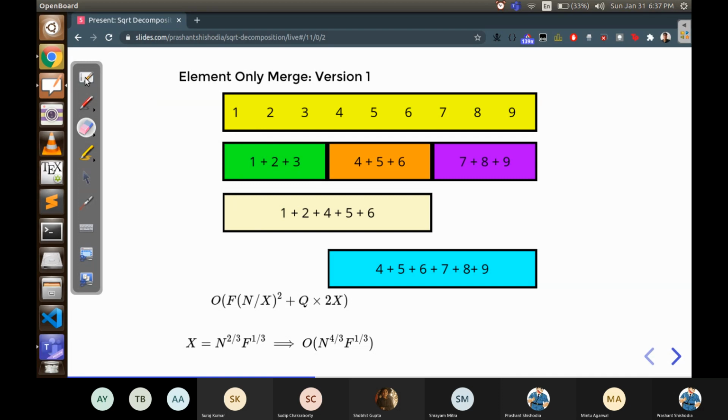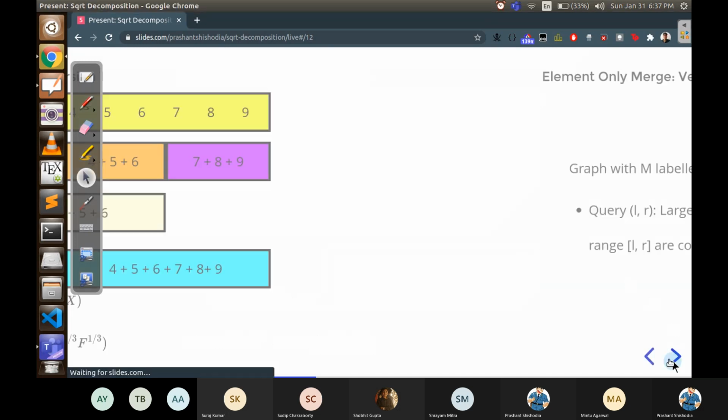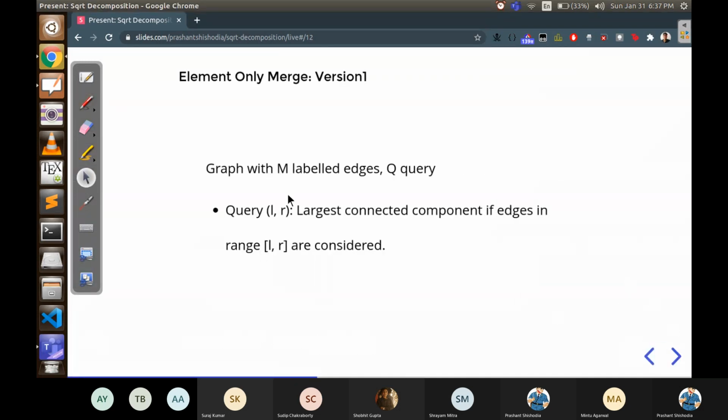A hard problem that uses this. Okay, so this is a hard problem. This is really very hard. If it were to come on Codeforces, it would probably be rated 2600 or 2700, not lesser than that, I guess. That's just my opinion.